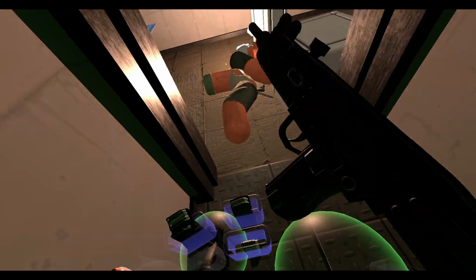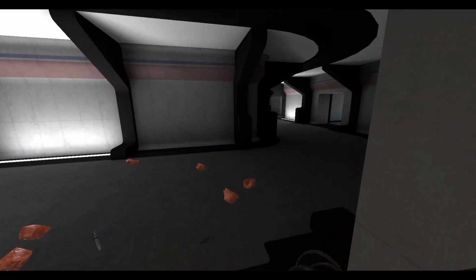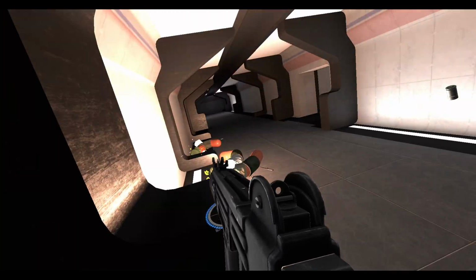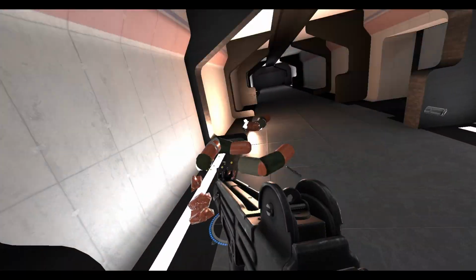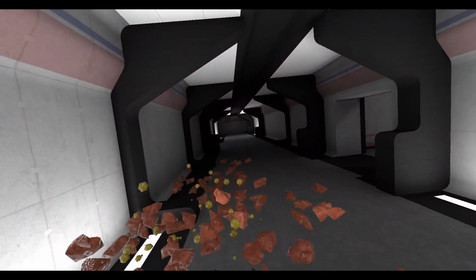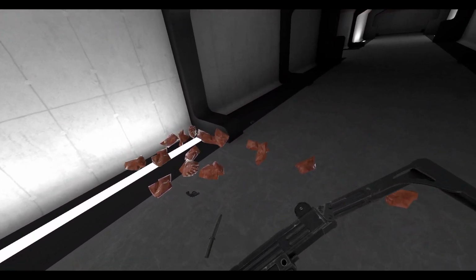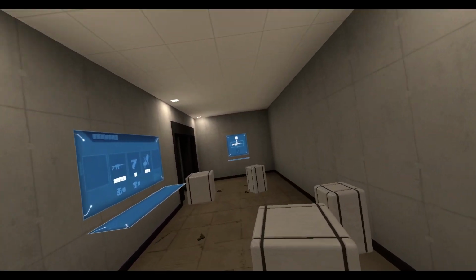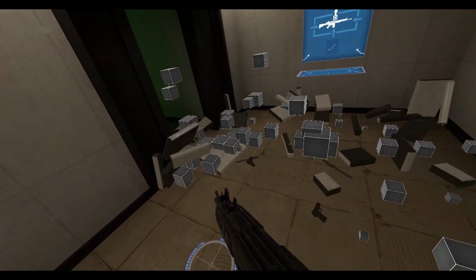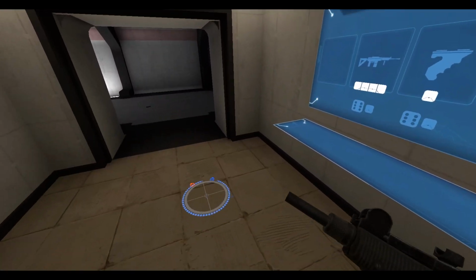Took some damage there. Not a big deal though. So as you can see, patrols have increased in frequency. And one thing about patrols is that occasionally, when their bodies explode into chunks, they can drop health. So there are multiple ways for you to get health without having to use any of your